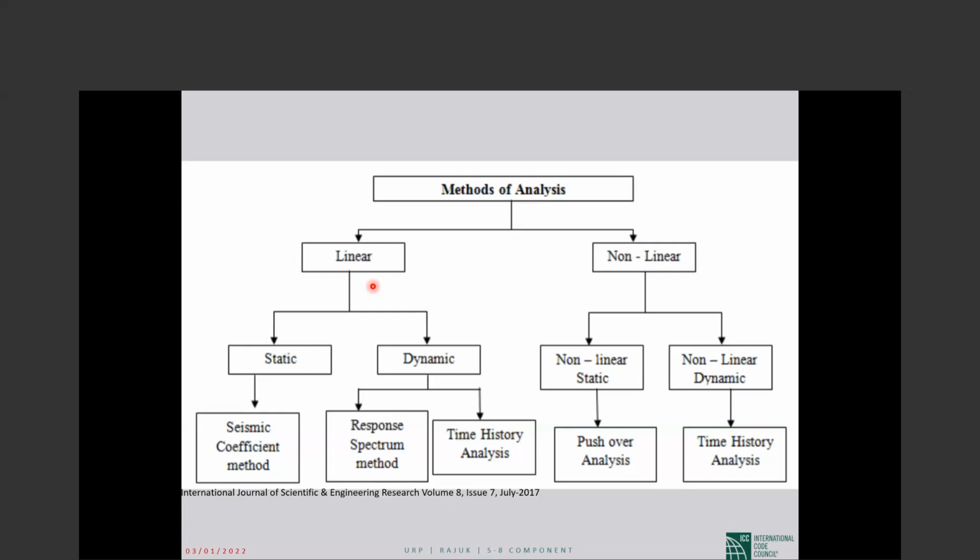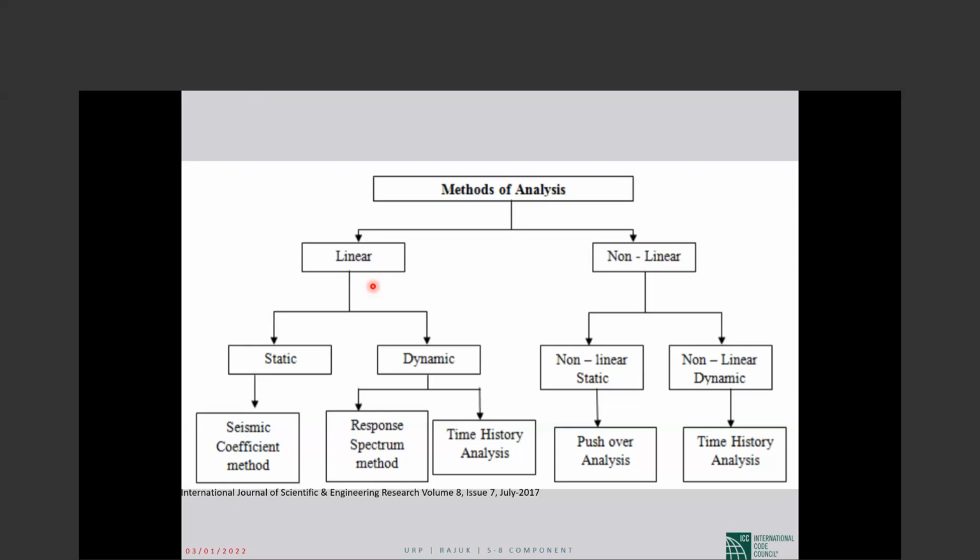So in the previous session on linear methods, because linear analysis doesn't give us the plastic deformation, doesn't give us the ductility, doesn't give us the nonlinear damage,